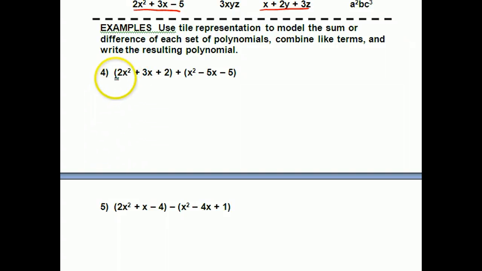Okay, so here our x squareds are our big boxes. So there's 2x squared. And we've got our rectangles represent our x's. So that's 3x. And our little boxes